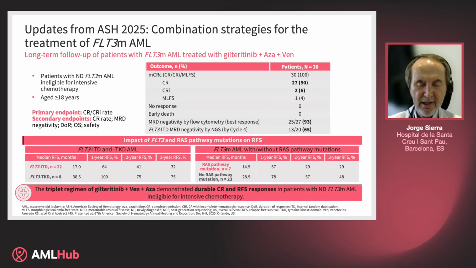In the last ASH meeting, the triple combination with venetoclax, AZA, and gilteritinib was updated in patients with newly diagnosed AML. You can see in the table a 96% CR or CRi, which is an outstanding result, and by flow, a very good response on MRD, 93%, and 65% by